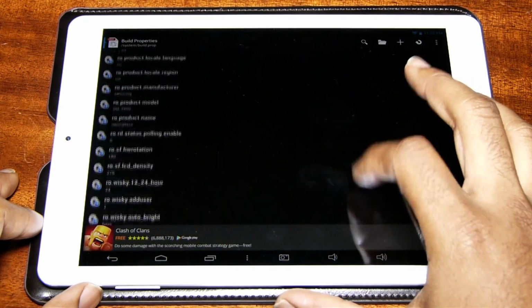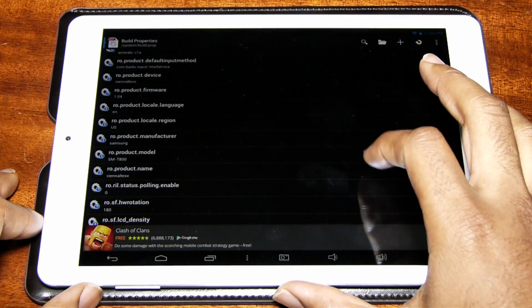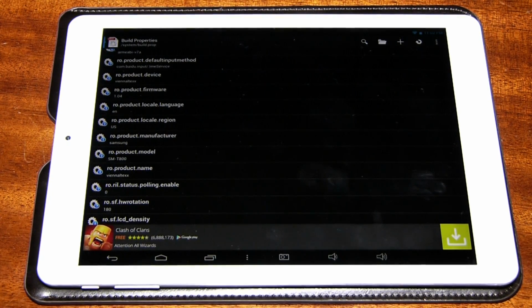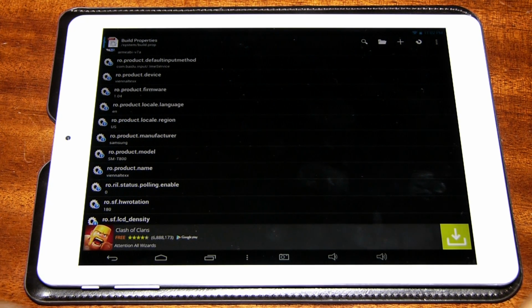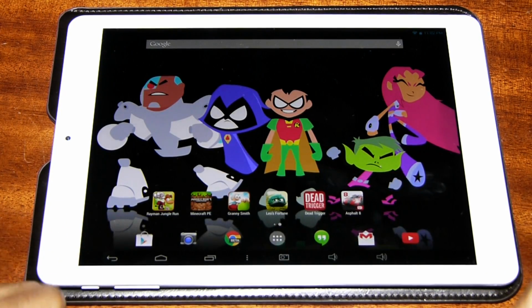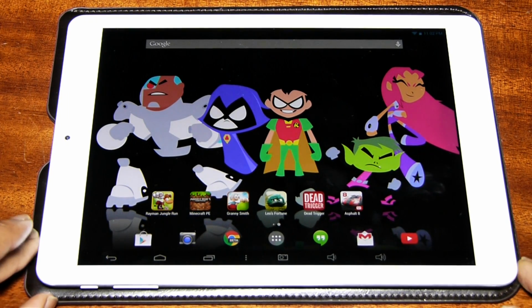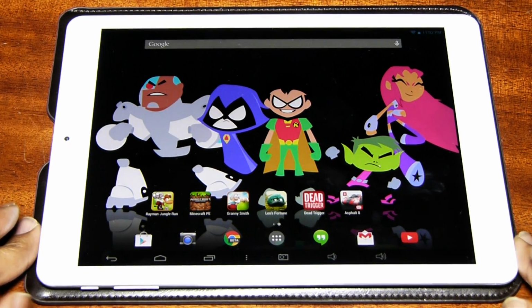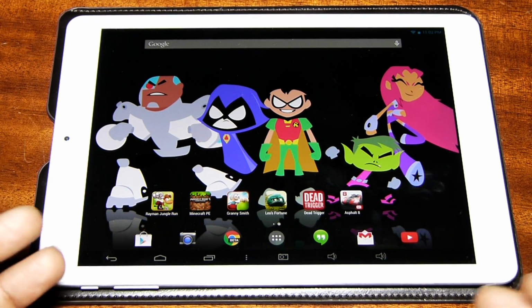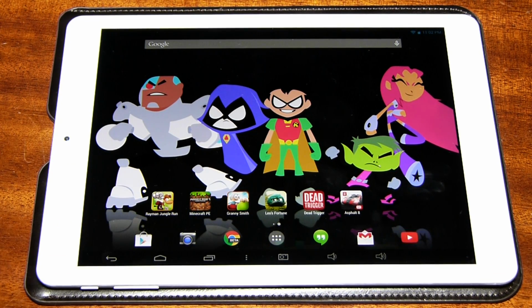I also changed the build properties to match the Samsung Galaxy Note 2014 edition. My wife has that tablet, and I know that it's capable of playing up to 1440p on YouTube. This tablet out of the box would only play up to 720p. No matter what I did, I could not exceed 720p in YouTube, which was insane to me. After I updated it, it allows me to go up to 1080p. Still not full potential, but it's much better than 720. Anyway, with that said,